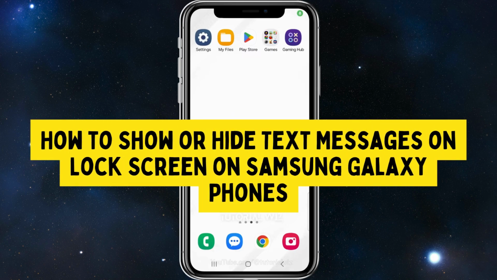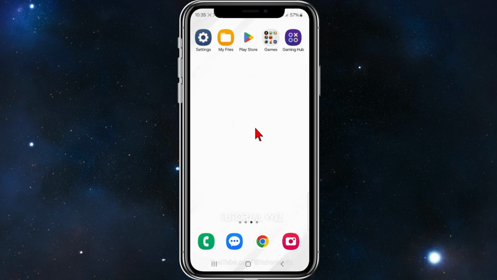In this video, I'll show you how to show or hide text messages that appear on your lock screen on